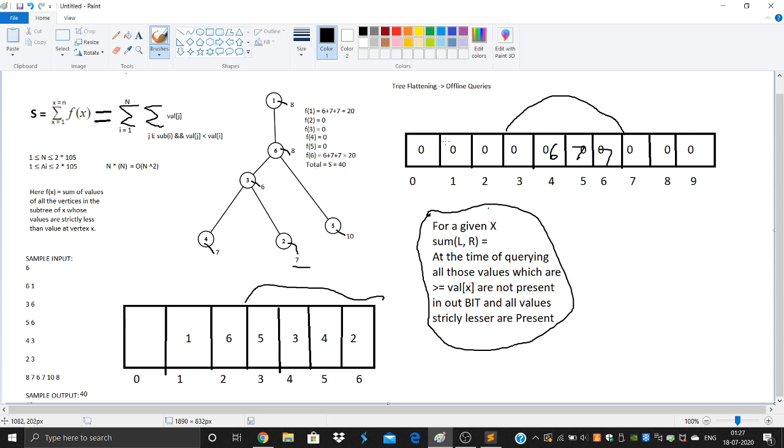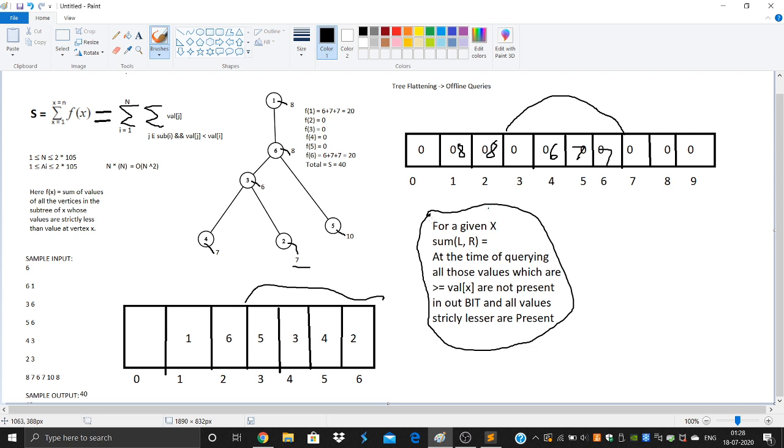So in this manner, once we are done querying, there is still one node left. 5 is left. We didn't query it, because it's the largest value. It comes at the end. So before querying for 10, you would see the value is just strictly lesser than 10. So 8 hasn't been updated. 8 is present at the first location. We'll do an update here, and it's also not present at the in time of 6, that is 2.